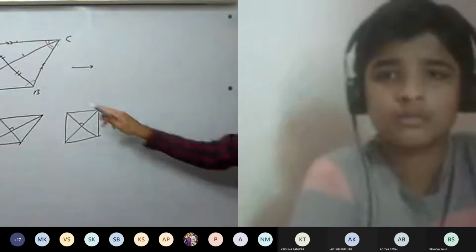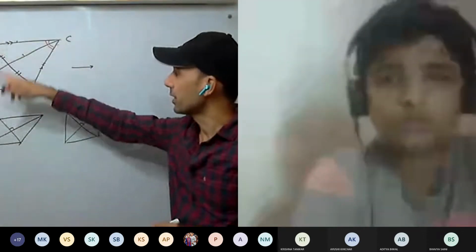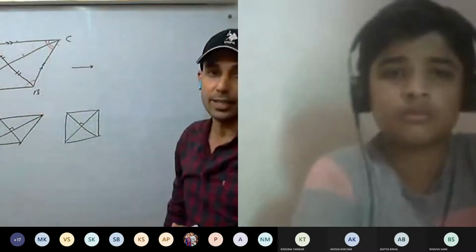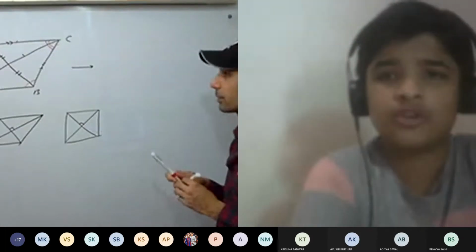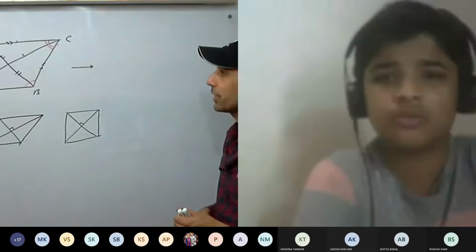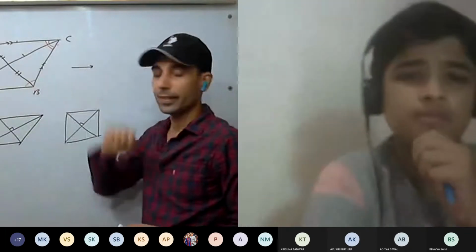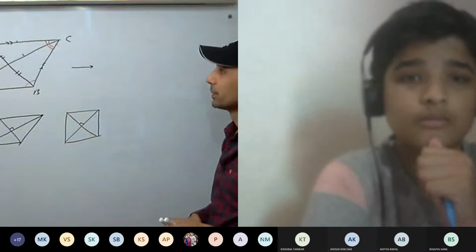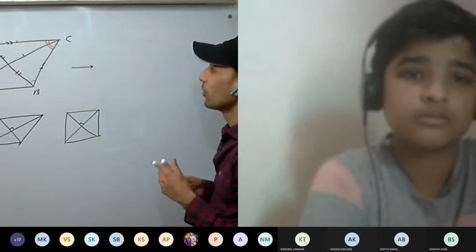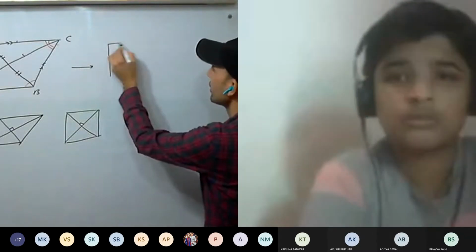In a parallelogram, if I make any one angle, either A, B, C, D, any one angle I make 90 degrees, what will this figure become? Like a rhombus? No, we can't say. AB is not equal to BC. This is also given. Then what figure will it become? Will it become a rectangle?